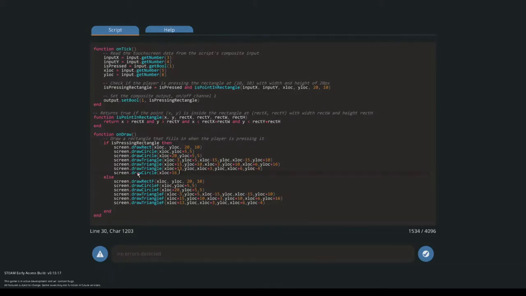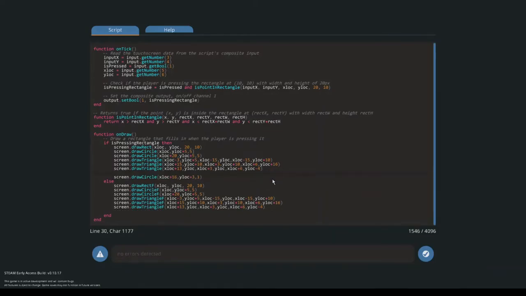And then we'll do Y location plus about 3. And then radius of 1, close. No, we can't see it, so we've got to do